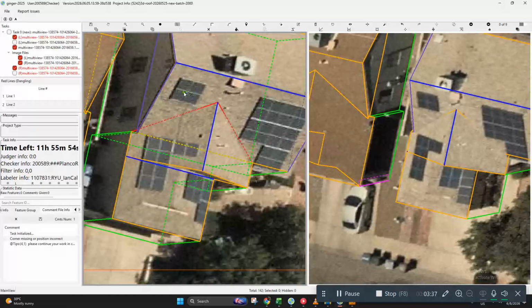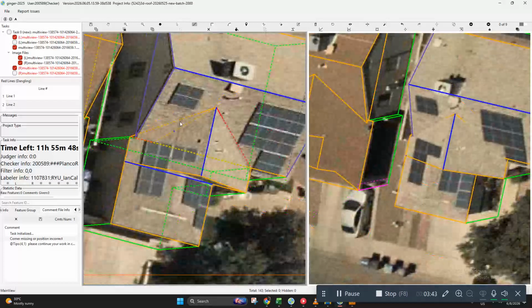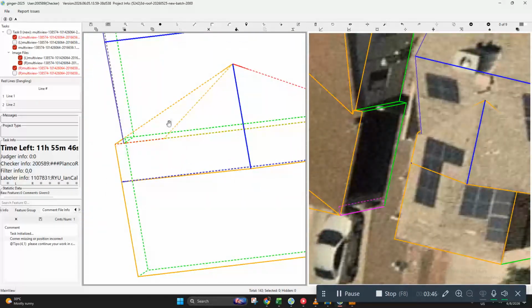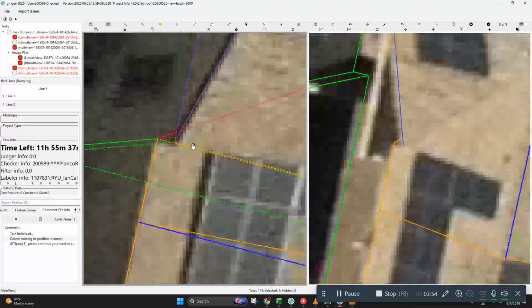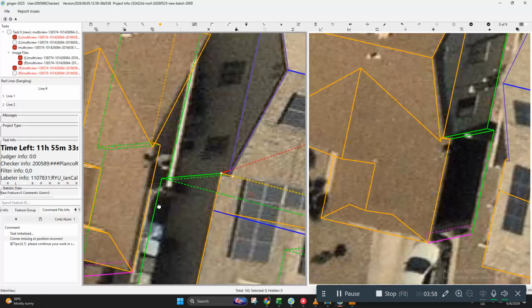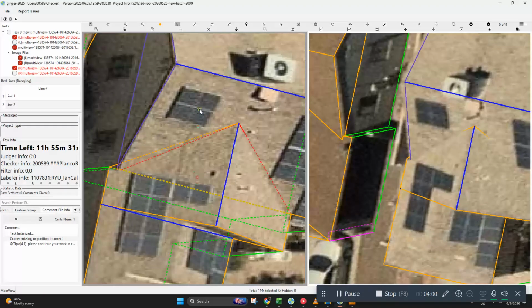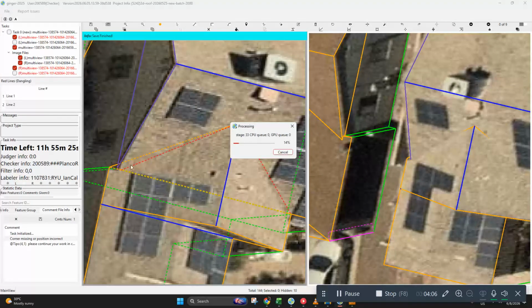So let's close this part first. Group and then press F4. Hopefully this will fix this area.